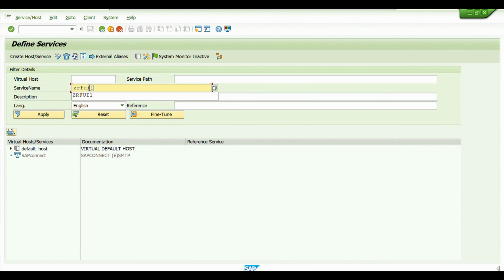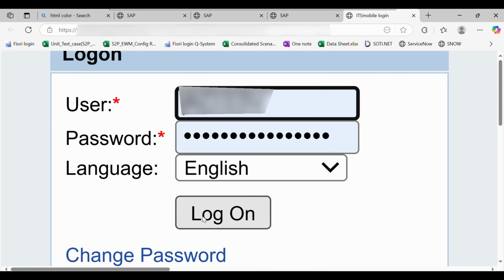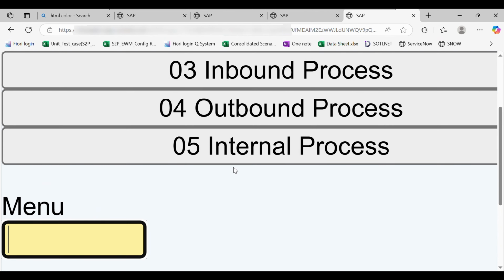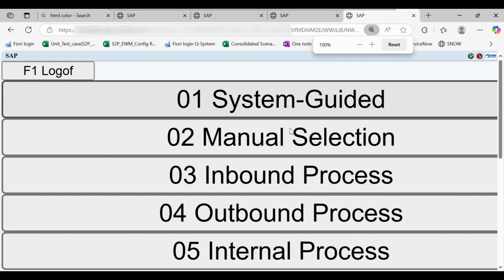ZRFUI1, apply, and test services, login. Yeah, so you can see at 100%, the screen is coming bigger for this particular template screen,